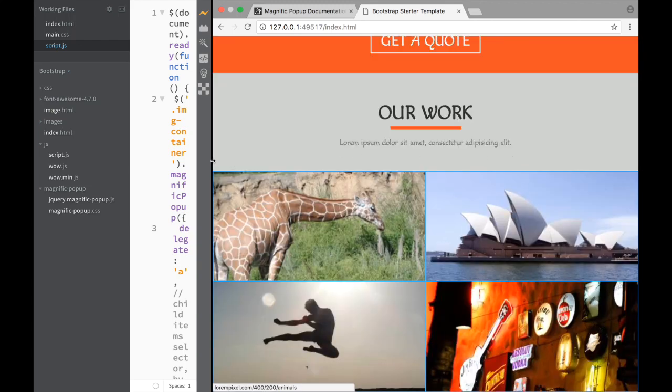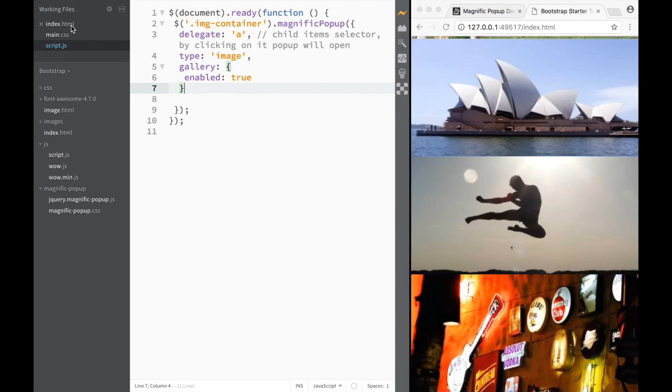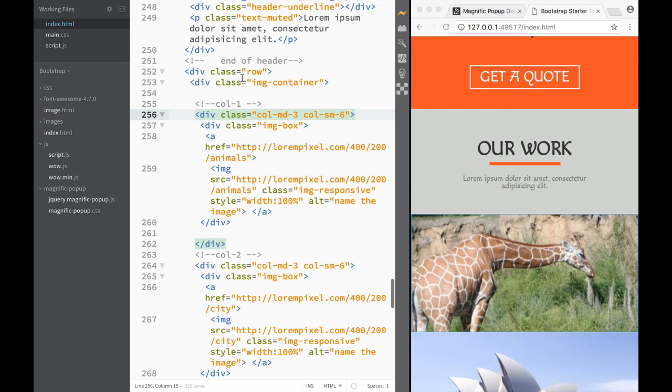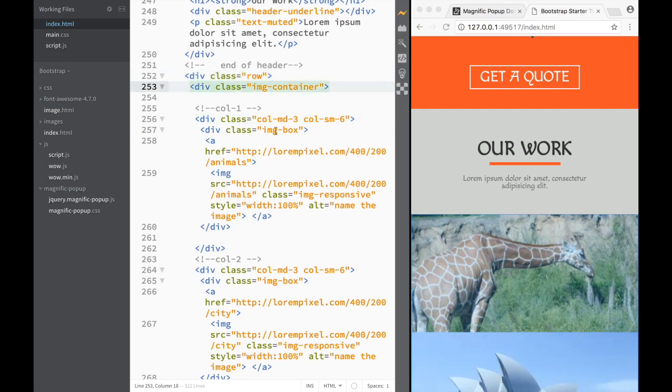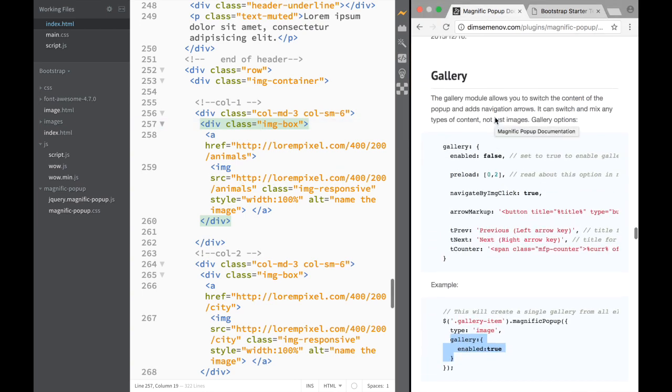And just to recap all the things that we did, maybe because I didn't explain well enough as we were doing it. So if we go back to index.html, once we create all these, let's say, image containers and image box, and then we added over here this source with a Lorem Pixel. If we go to Magnific Popup,